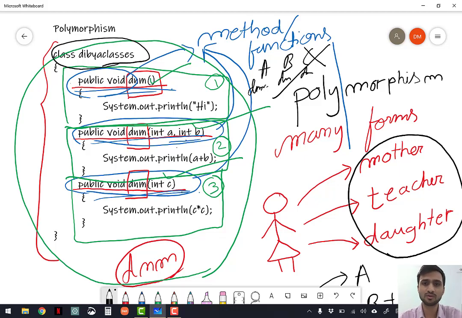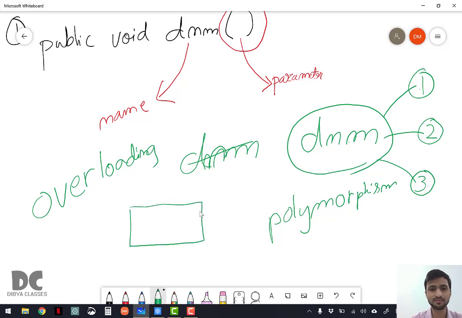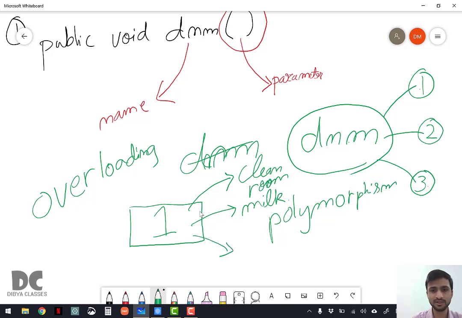So now what is overloading? Overloading means you have a certain capacity. For example, you can do only one work at a time, but your father is telling you to clean your room, your mother is telling you to bring milk from the shop, and your grandfather is telling you to help him bring a cup of tea.